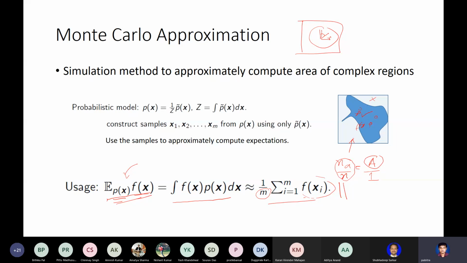This actually has an interesting history. There was one person, Ulam, who was a friend of von Neumann, and he was playing the game of solitaire. He was an intelligent person, so he wanted to find out how many initial cards would lead to a successful game, and he could not solve it analytically. So what he did was randomly generate hands and actually play the game. So that's an important thing.